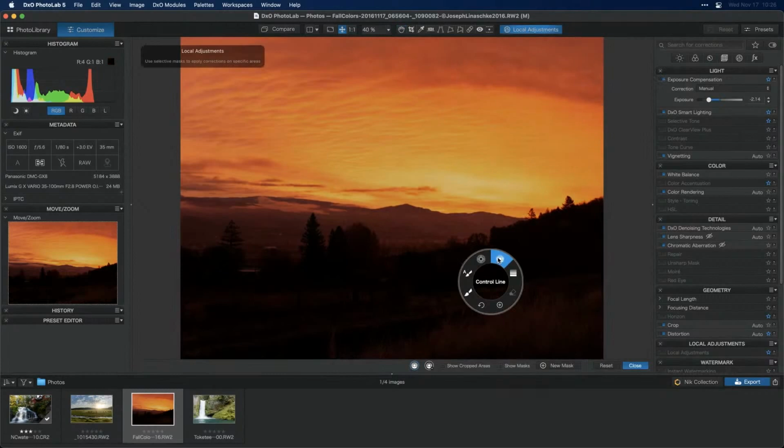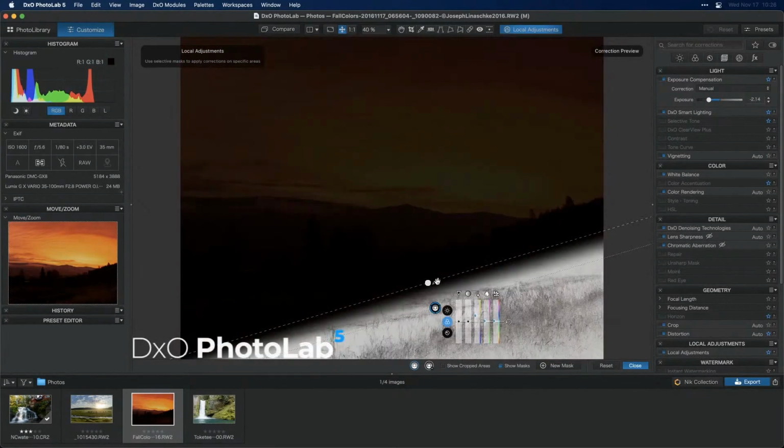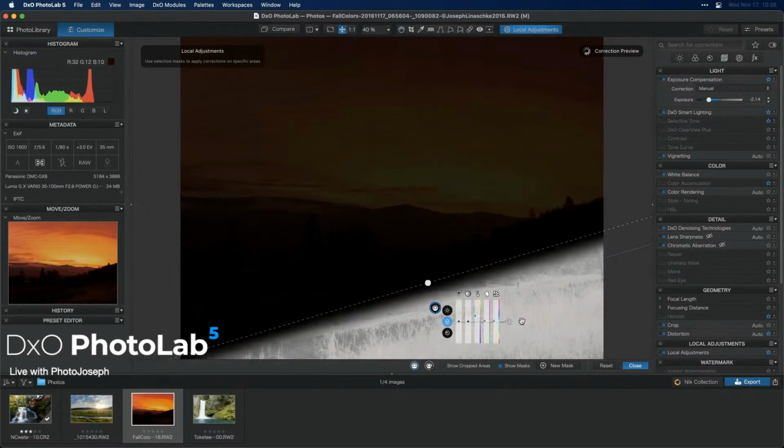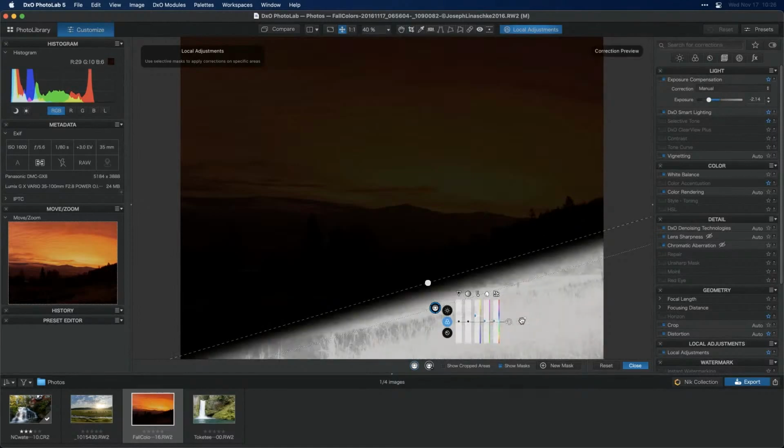Go into the local adjustments, go to control line here, and I really just want to hit the grass. So we'll make sure that if there's anything else that gets picked up, we fade off nicely with that. Let's go ahead and turn on the masks, take my eyedropper and drag this down in here onto the grass. And just like with control masks or control points before, where you drop that selection point is very important. So you see here, it's got a nice selection of the grass. I move just a tiny bit and suddenly it's too much. So it really is often a case of just kind of drag and dropping this around